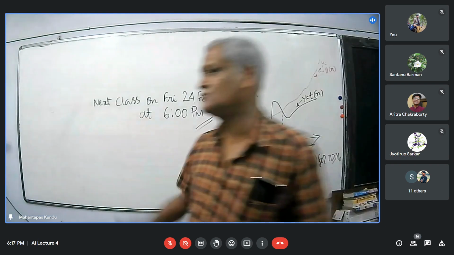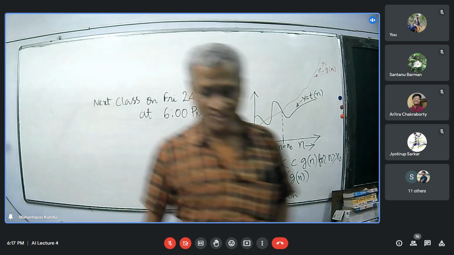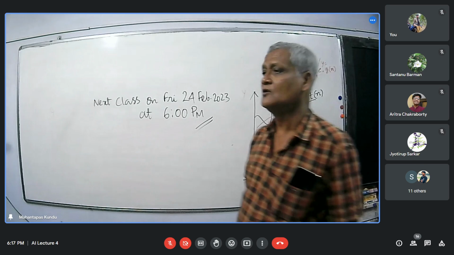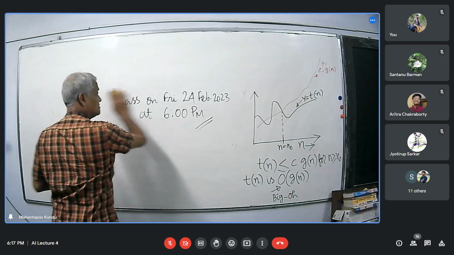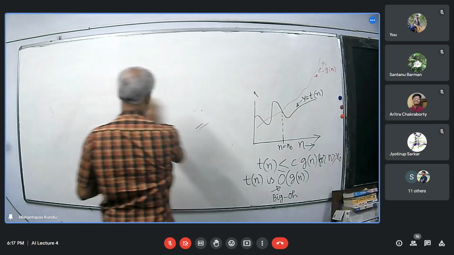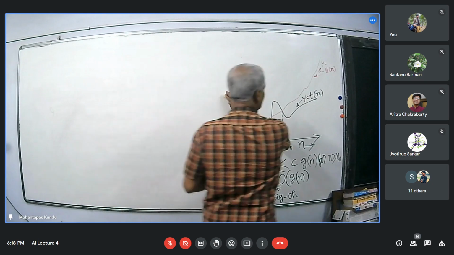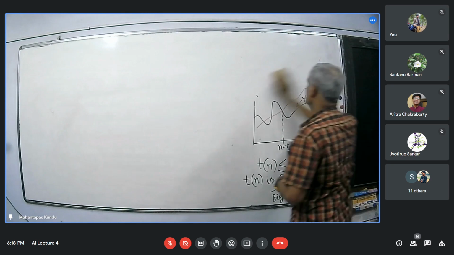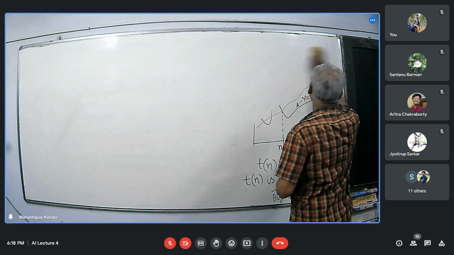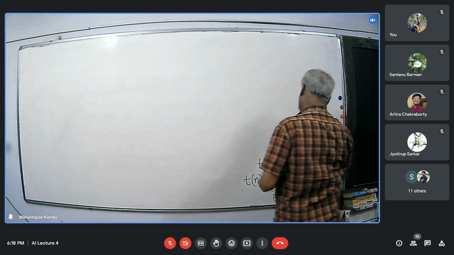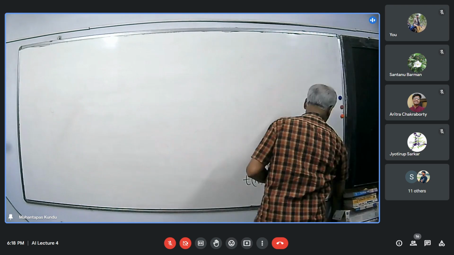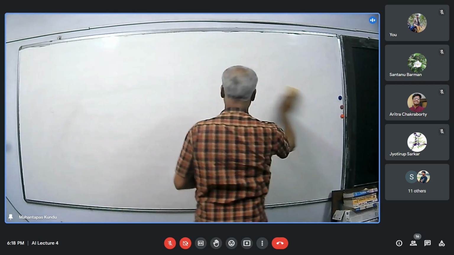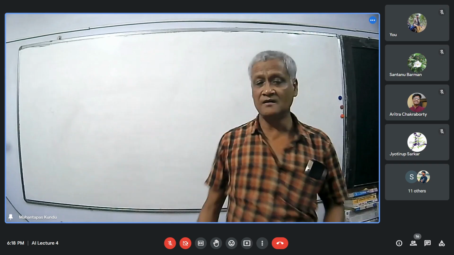It is up to you whether you will understand or not. It is not my responsibility. I am trying hard to make you understand. This is the asymptotic complexity which I discussed in the last class. If you do not consult the class notes, then I am helpless. If you do not come to class with preparation, what can I do?